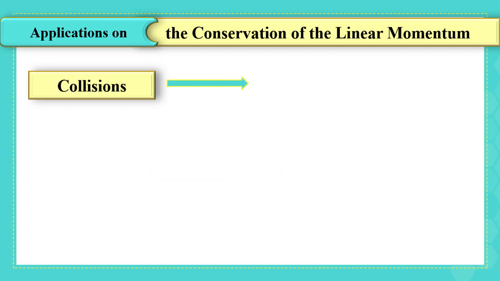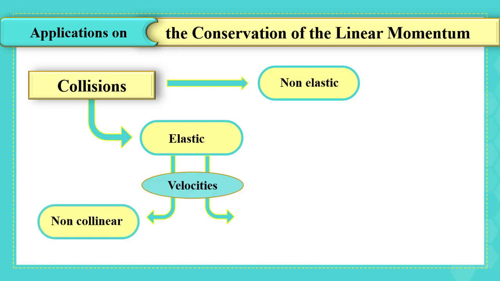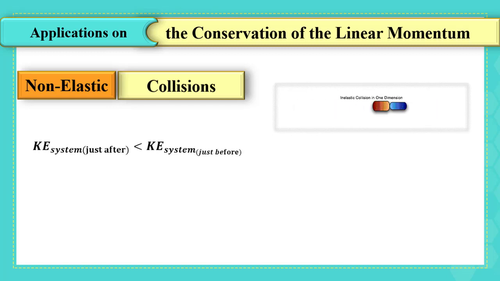Originally, it is good to know that a collision could be either non-elastic or elastic, and for elastic collisions, it could be, according to its velocities, either non-collinear collision or collinear collision. Remember that we need to find v1 prime and v2 prime, starting with non-elastic collision, where in most collisions, part